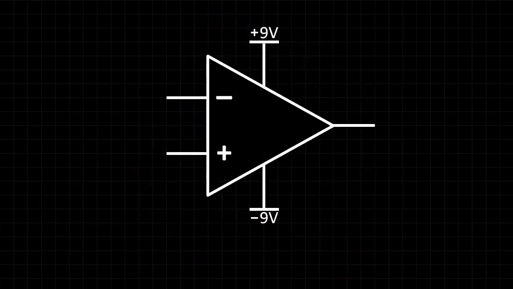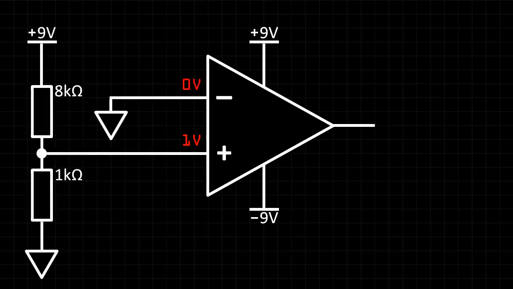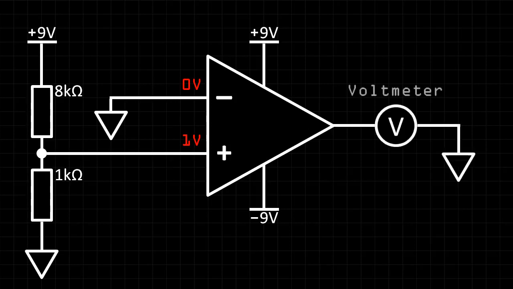To test the op-amp, we'll place 1 volt on the non-inverting input and tie the inverting input to ground. To produce 1 volt, we can use a voltage divider between the positive 9 volt rail and ground. As the output should be constant, we can measure the voltage using a voltmeter connected between the output and ground, though you can also use an oscilloscope. As the voltage is greater at the non-inverting input, we should expect the output to be equal to the positive